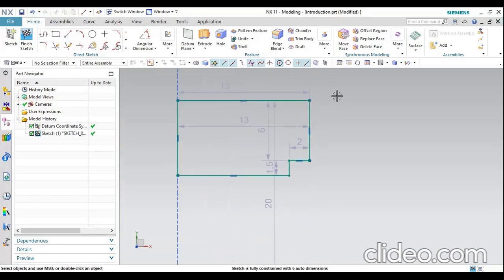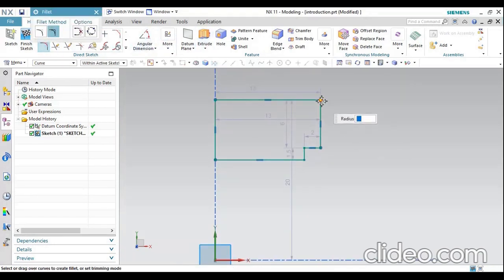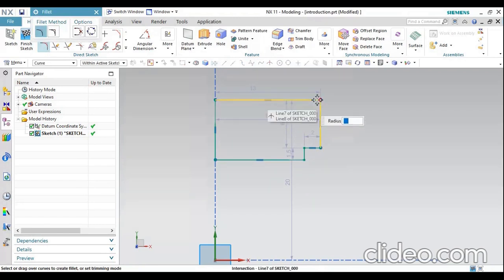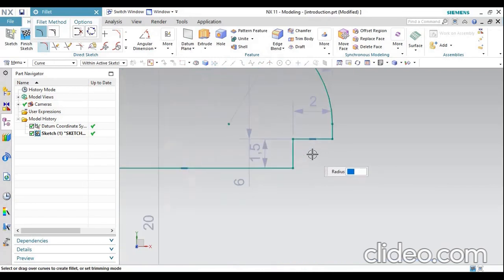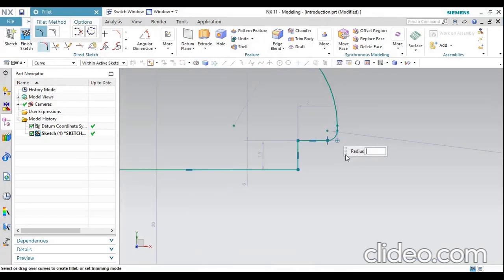Okay, please click fillet. Control Z, fillet, and select the first one, this one, a small bit of this.